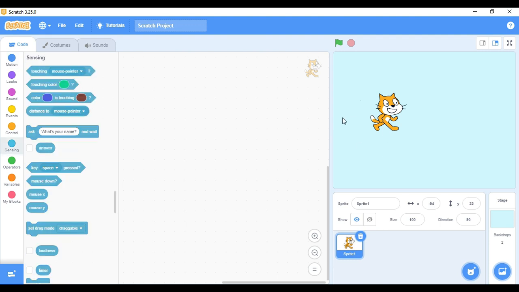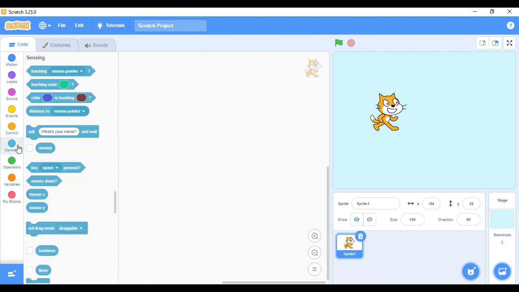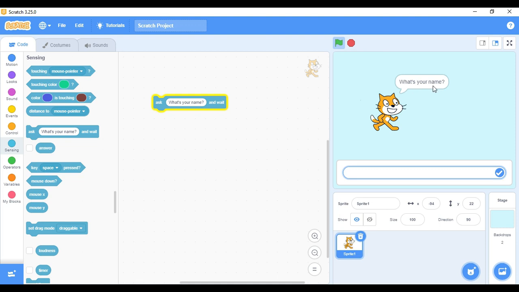What we have to do is get two numbers from the user, add them together to get the total, and display that total to the user. For that, we are going to use these blocks here. Using this sensing block, we can get the inputs from the user. For that, first I am going to use this one. You can see the output of this default one. It is asking, what is your name? I can change this statement in order to get the first and second numbers.